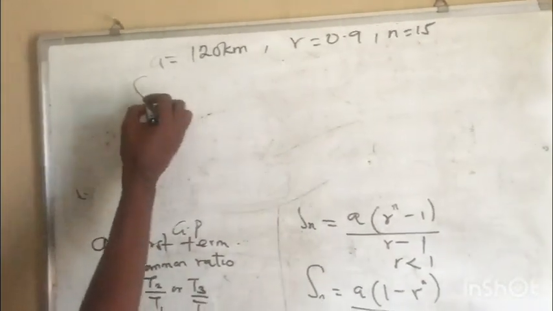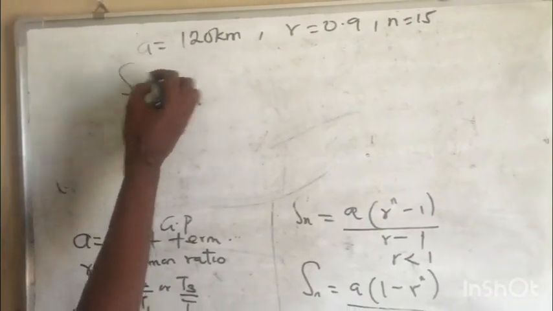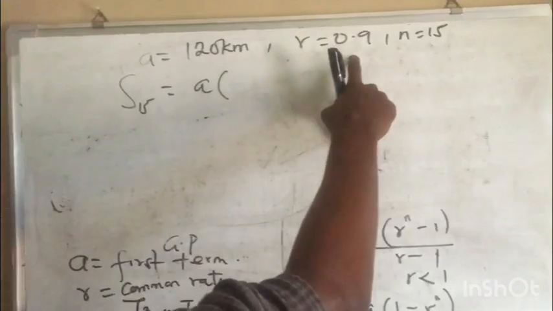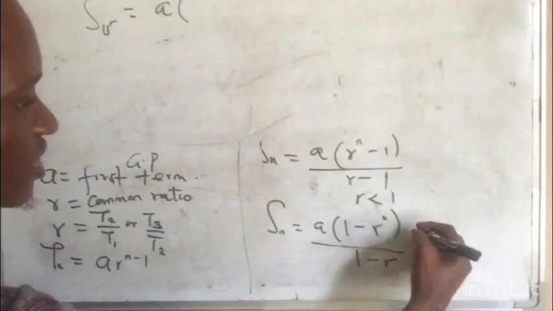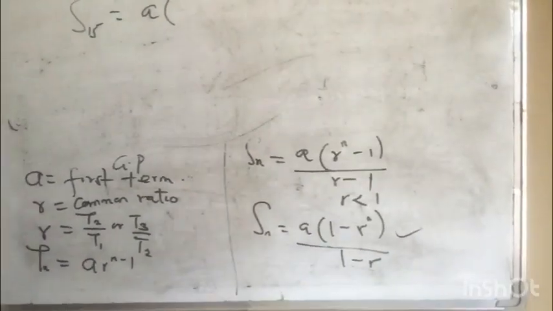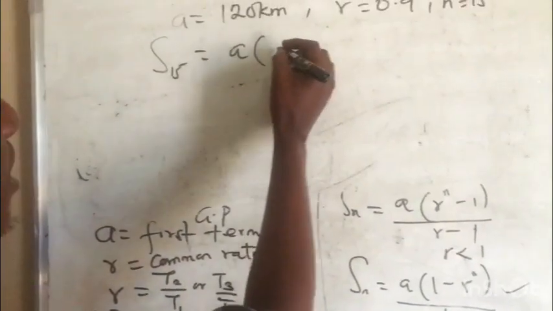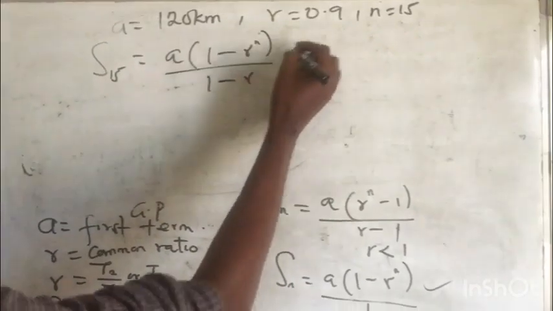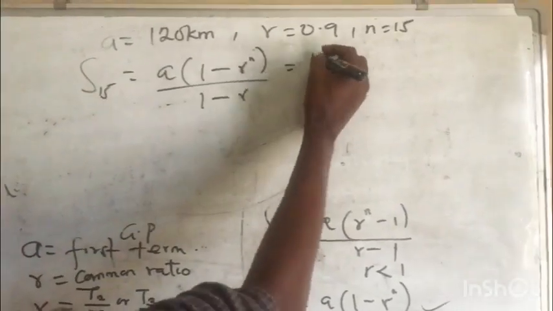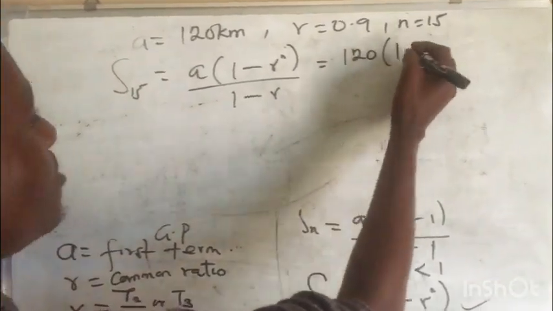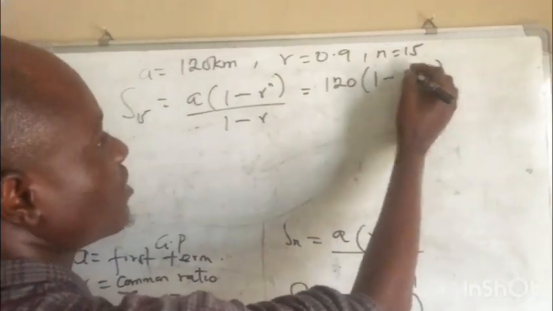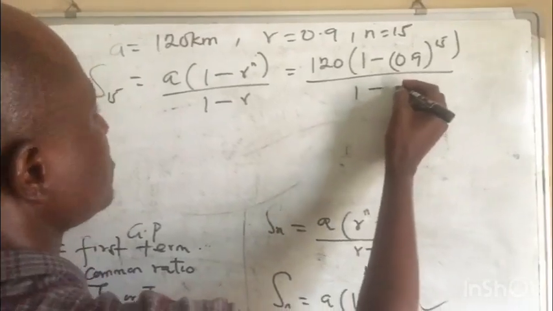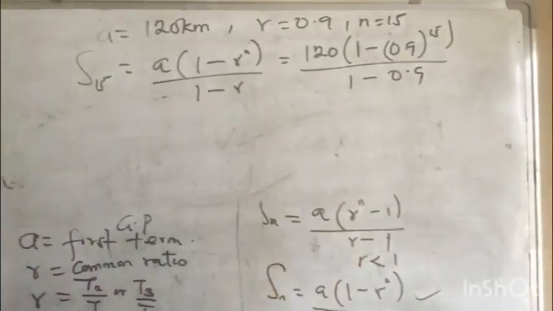So that means our S15 will be equal to A into bracket. Now look at this. Our R is less than 1. So that means we are going with this formula, which is A into bracket 1 minus R raised to power N over 1 minus R. And that gives us A is 120 into bracket 1 minus my R 0.9 all raised to power 15 divided by 1 minus 0.9. So if we solve this,